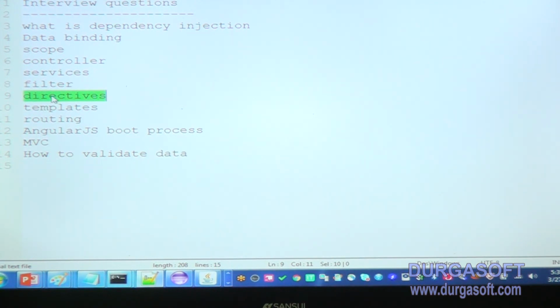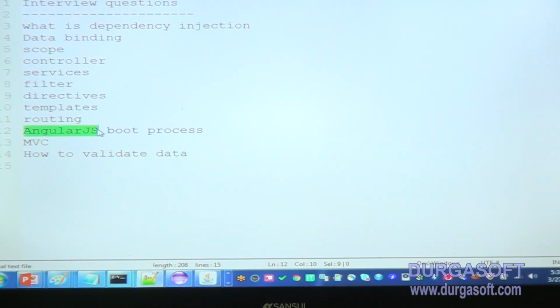The controller is for data with model, model with view. So for configuration, this routing we can do in configuration. We will not do it in the controller. Next one is the Angular boot process. If you define a JavaScript src equal to the angular.js file, then when your HTML page is loading in the browser, Angular will create one object, that is the DOM object.